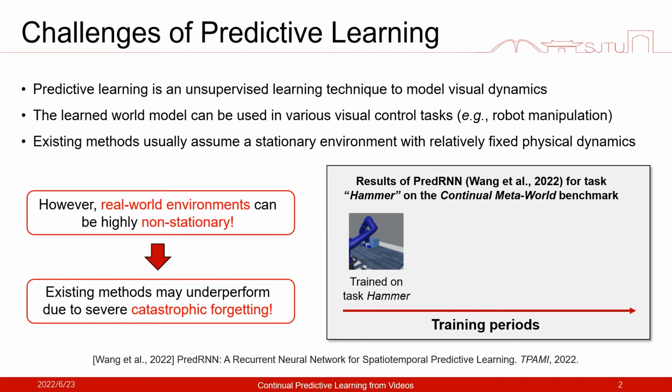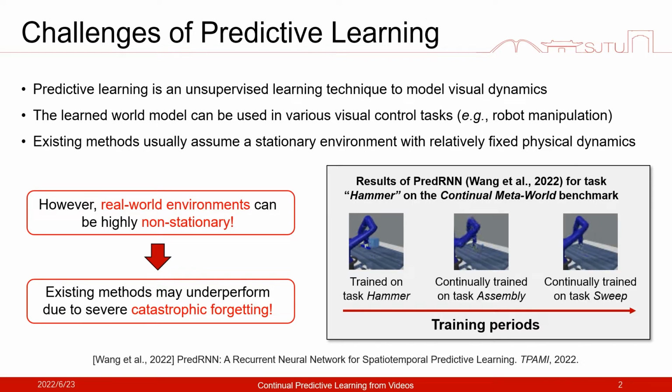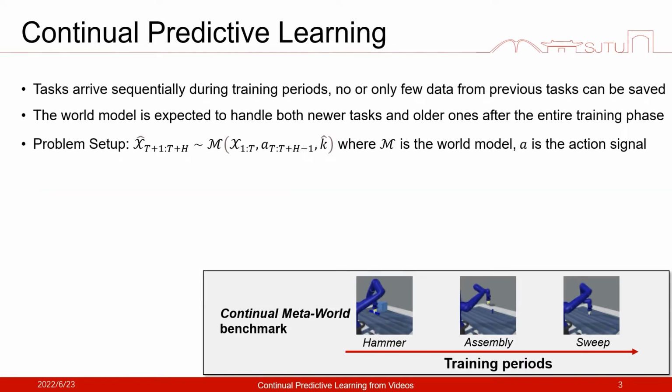For example, if we first train a video prediction model PredRNN for task hammer on the Meta-World benchmark, it can generate satisfactory results. However, if we continually train the model on task assembly and task sweep, the result for hammer quickly deteriorates. To study the predictive learning problems in non-stationary environments, we introduce a new research problem, continual predictive learning,